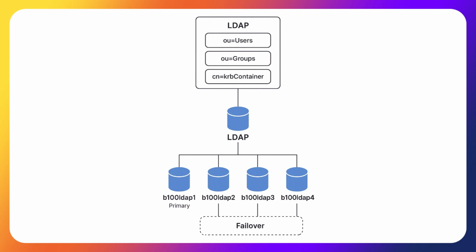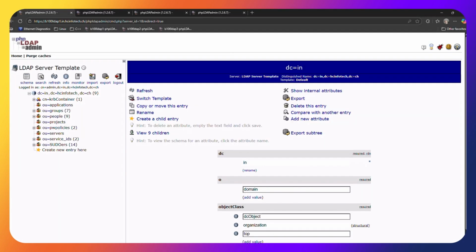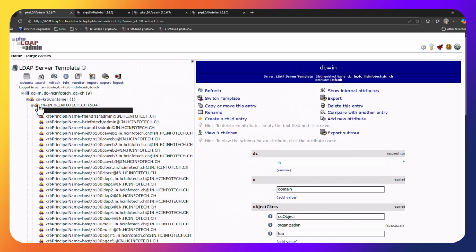Let's now look at my directory structure. Right now I have a rudimentary organizational structure in LDAP. It's not complete enough for a real company, but it works for demonstrating user access and authorization control. LDAP serves as a backend for my Kerberos realm